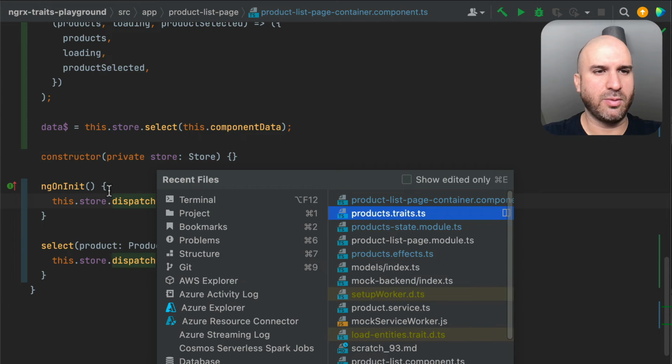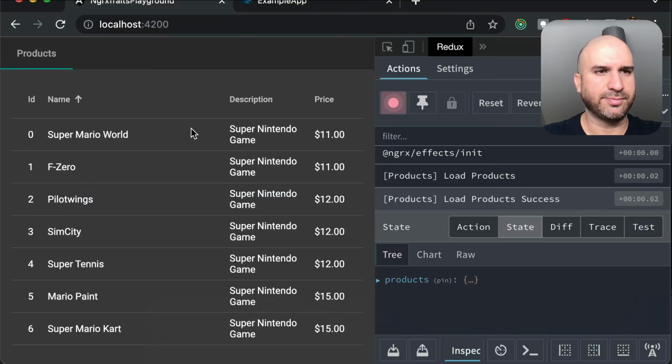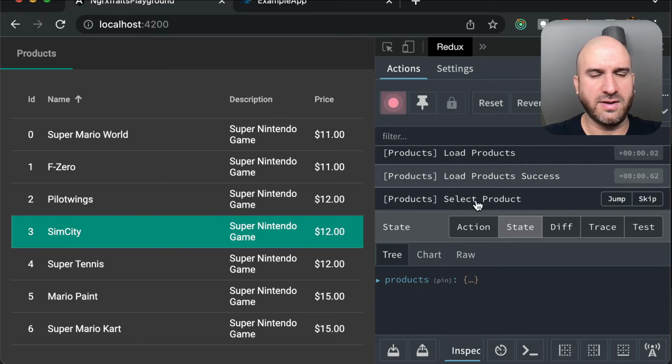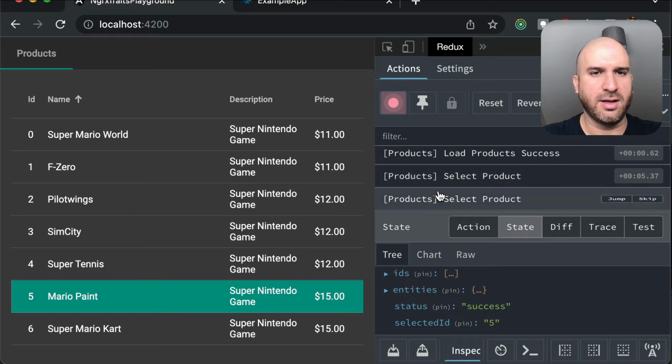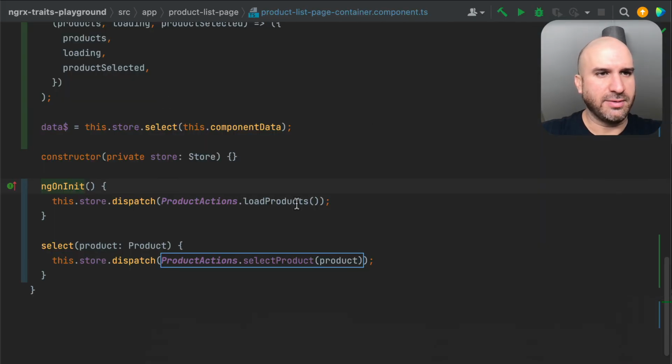Now when we go back to our example, you're gonna see that when you click, the select product is fired, and you're gonna see our new state also has the select product property. Okay, so all that is working fine. And now we're gonna add the checkout button. Okay, so let's go to our trait file,